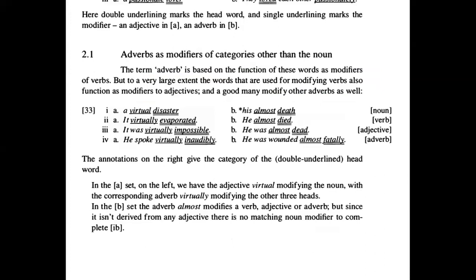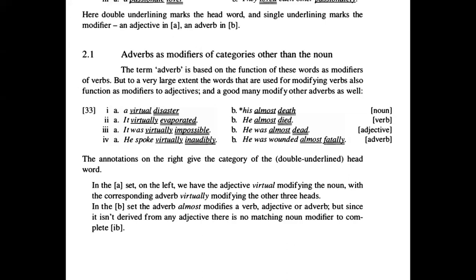Now the second point, which is adverbs are modifiers of categories other than the noun. يعني الادverb هي بتجي معدلة لفئات مختلفة عن الاسم. So here the term of adverb actually is based on the function of these words as a modifier of verbs. عادة هون الادverbs يعني رح أقول لكم إياهم بالجملة شو ما كان موقعهم فهنا modifier لشيء. Okay? هن modifier لشيء محدد. So let's read the examples here,